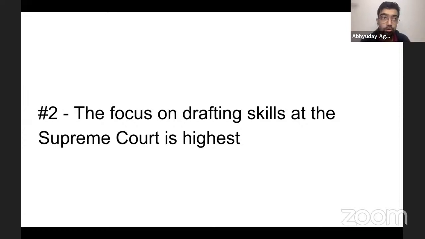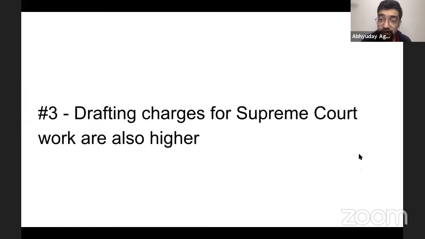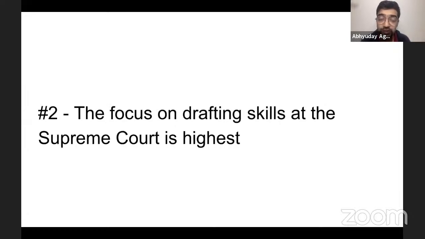Okay, people care about the drafting being detailed, meticulous. In a trial court, you may get away with bad drafting from time to time, but here it will not work. You may get away with small technical procedural loopholes in argument stage which you didn't cover in your draft, but Supreme Court में ये सब नहीं चलेगा.